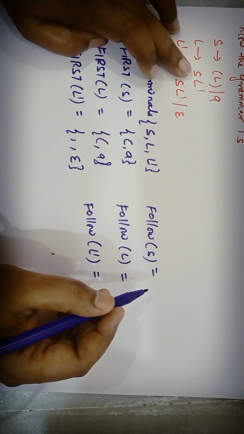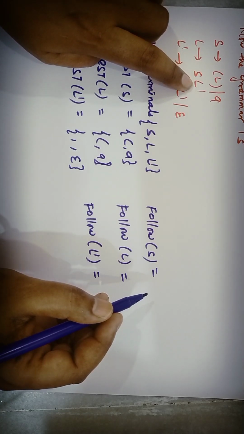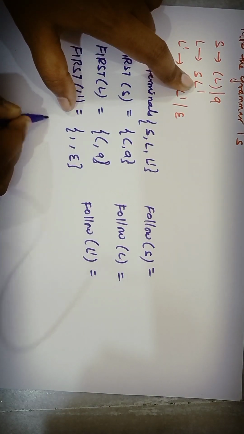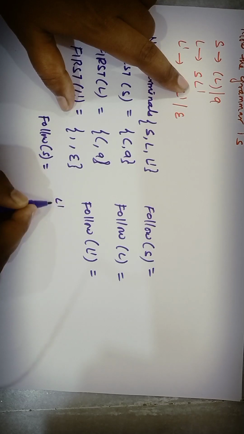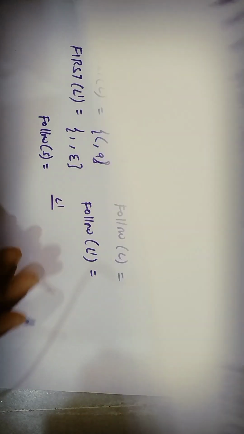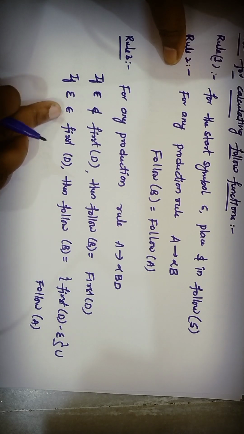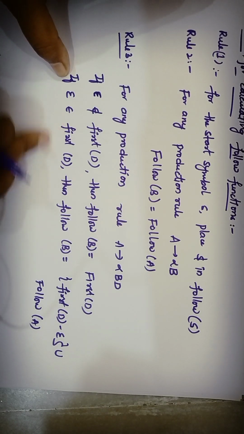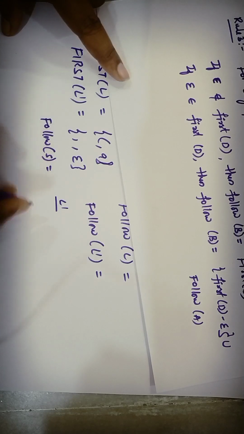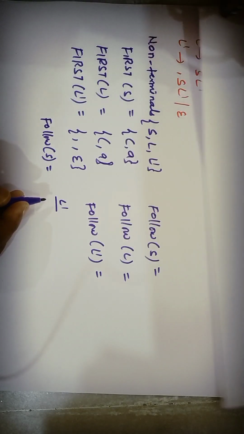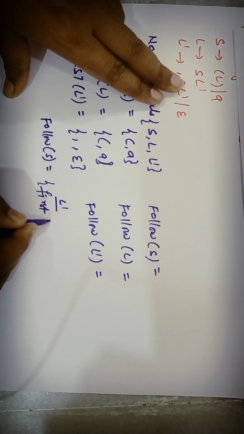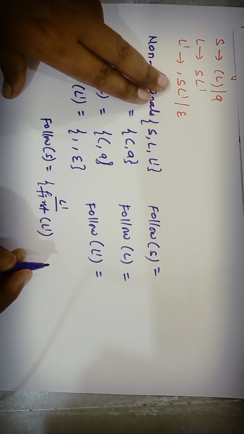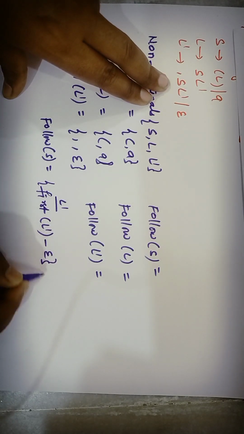Here we have L dash, and this L dash includes epsilon, so here the rule 3 and the last point we have to follow: if epsilon belongs to first of L dash, then follow of S equals first of L dash minus epsilon union